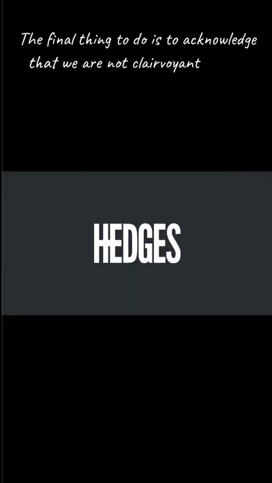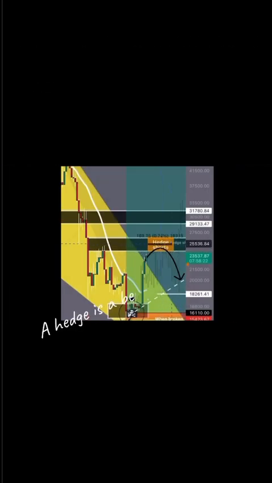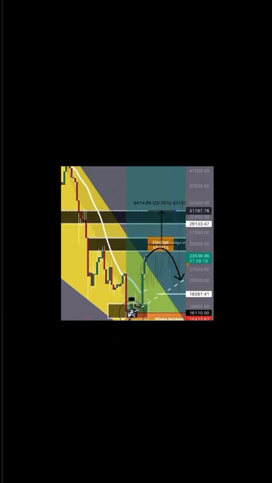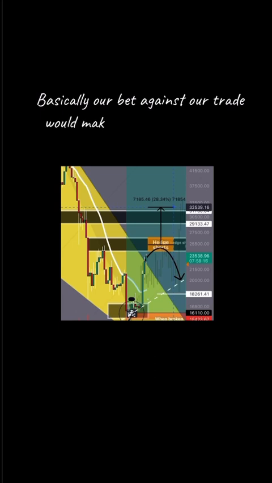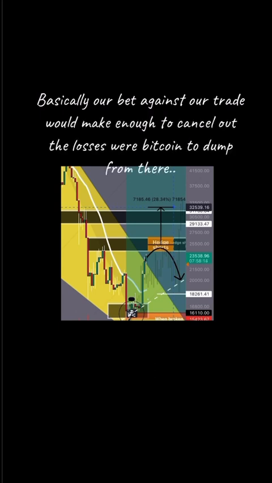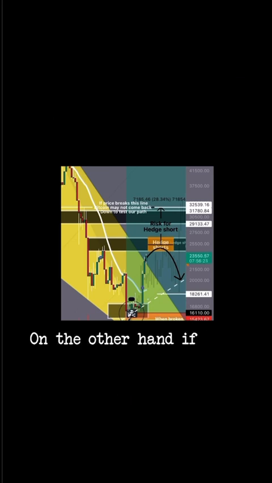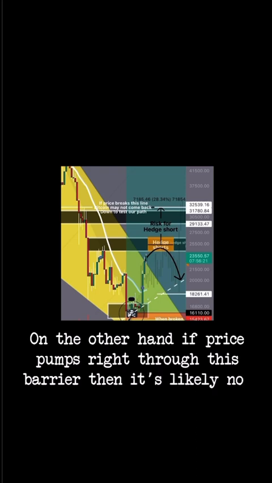So with that in mind, that we're not completely validated, we better leave ourselves some room to be wrong. That's where the hedges come in. A hedge is a bet against your original long that price may fall. So by taking shorts here, we aim to make gains that will cancel out any losses we could incur if we were wrong. So basically, we're hoping to lose the 30% risk we have on our hedge short, because it would mean that our long gains would be